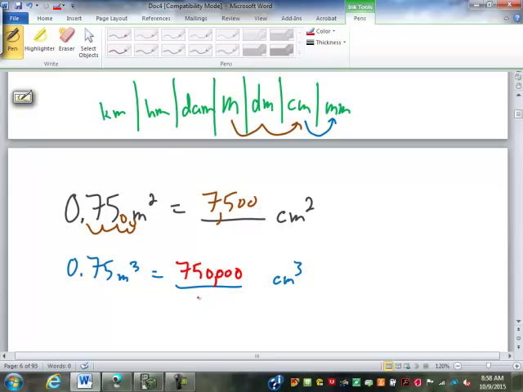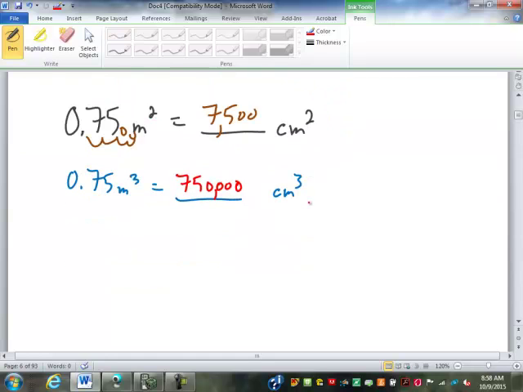You got her, 750,000. So in the metric system, it's just a matter of adjusting how far you move the decimal point. You just got to make sure you keep track of that power. In the standard system,